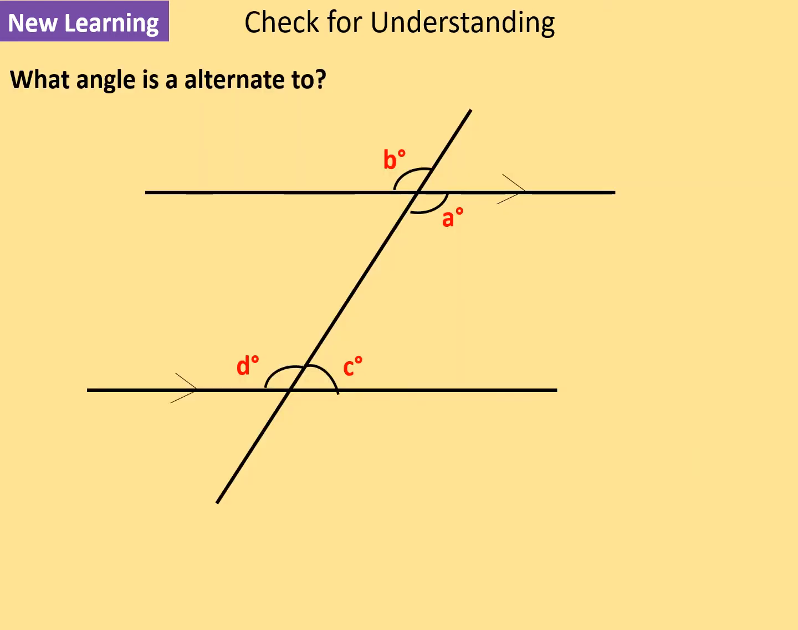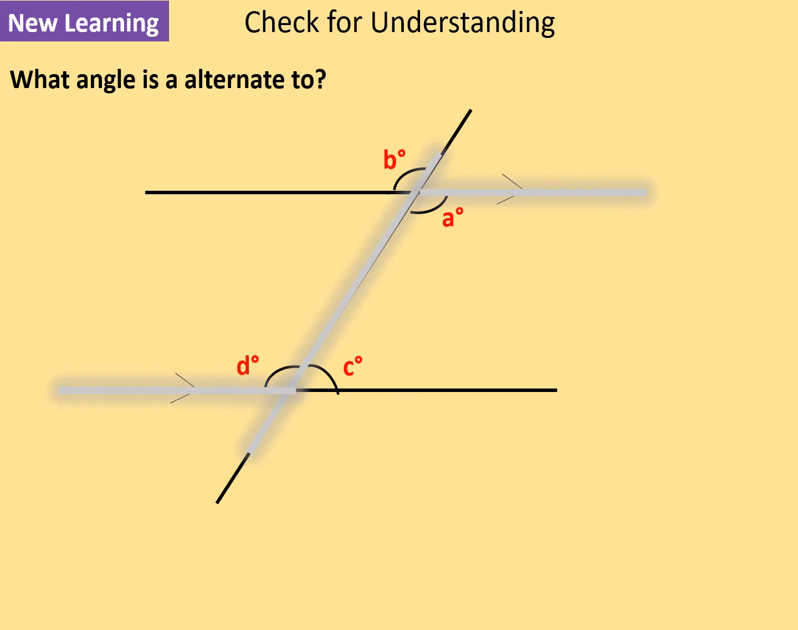Let's have a look at this example. What angle is A alternate to? Now, there is an easy way that we can identify alternate angles in parallel lines. We can highlight the transversal and we can highlight parts of the parallel lines that can make a Z shape. We can highlight where A is, so here,